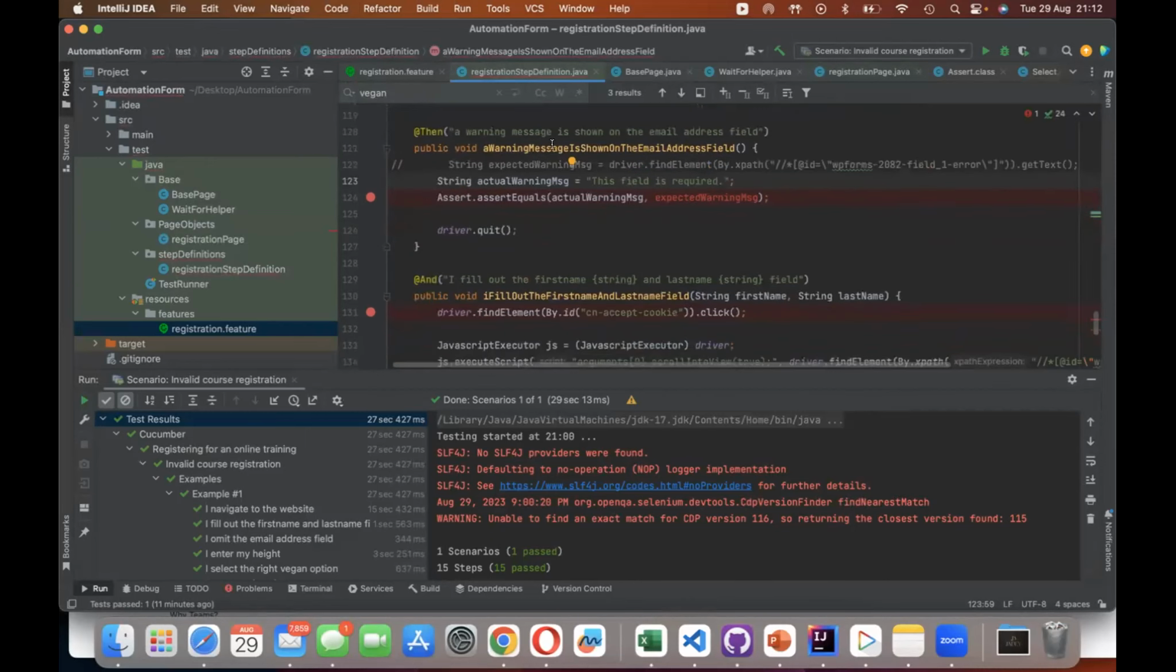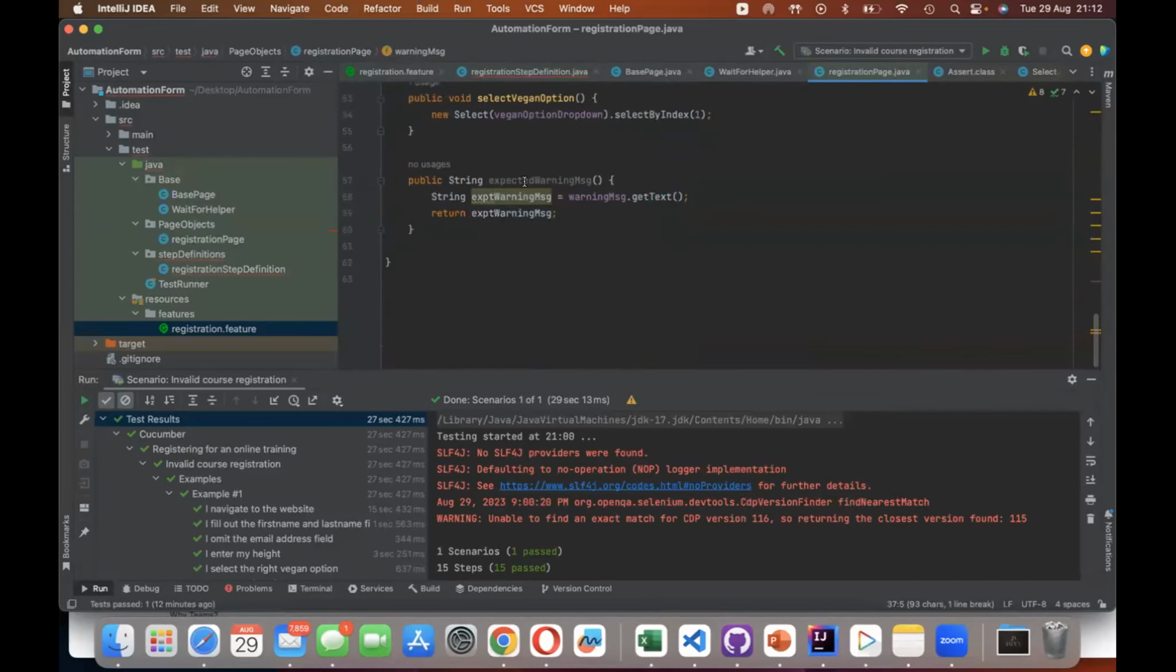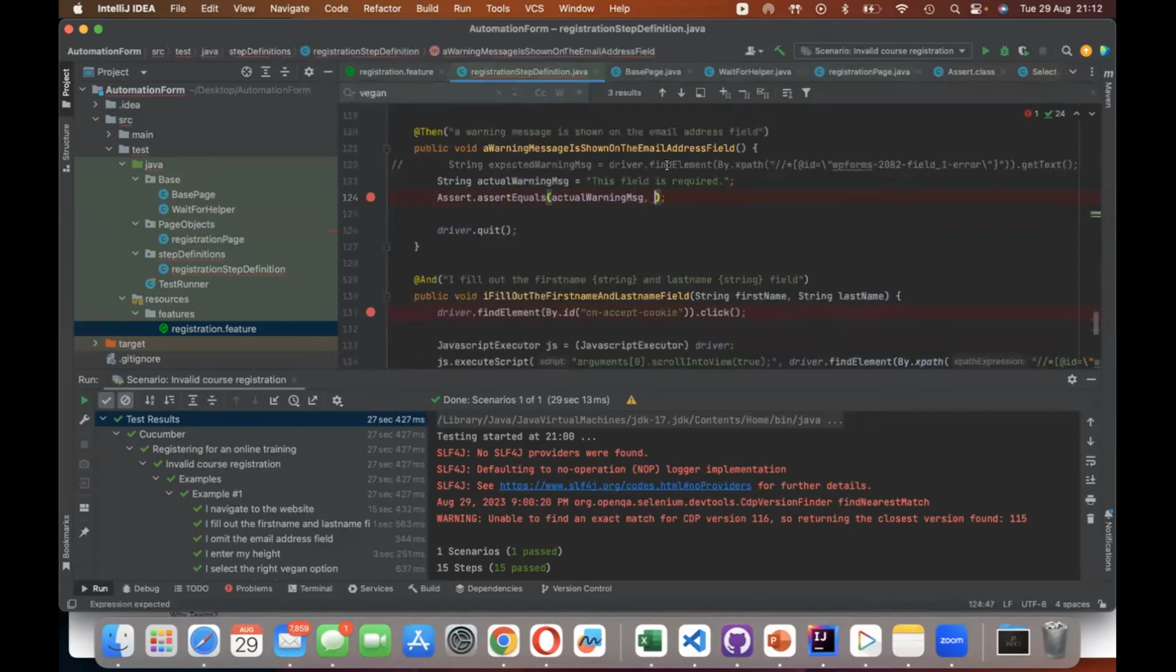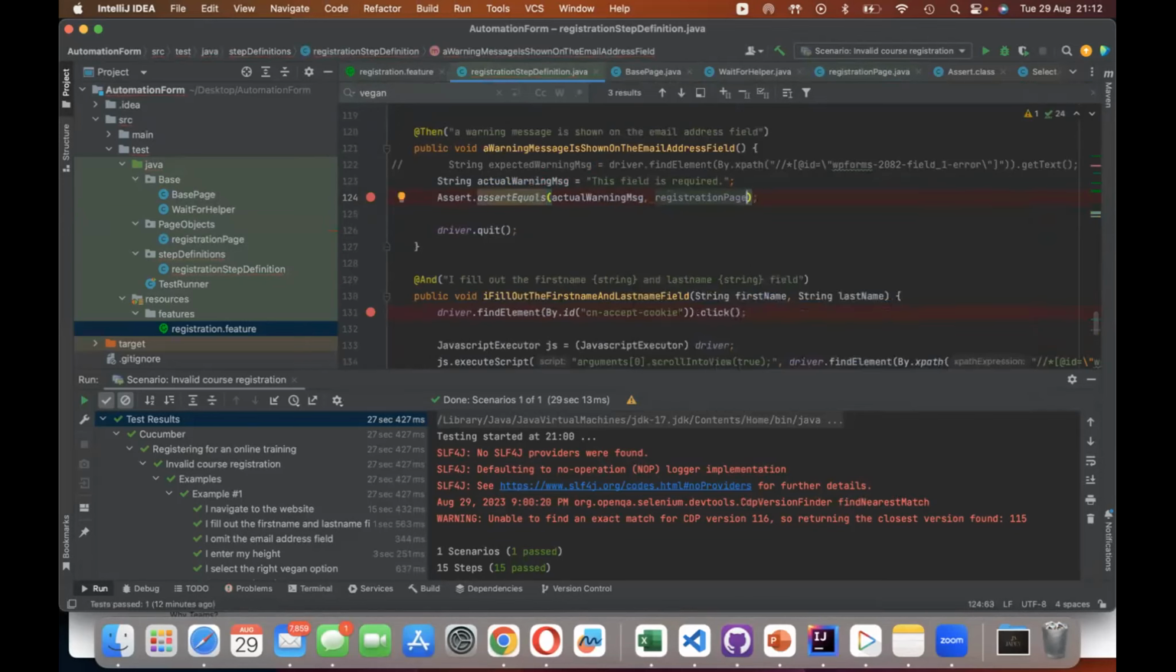So when I commented it out, you can see that it's telling us that we don't have a declaration for this expected warning message. So this one is now going to be replaced by the method that I have created in here. And how do I use that method? The same way I've been doing it, I need to call registration page first of all. Then I can have access to that method that I just created. So registration page dot